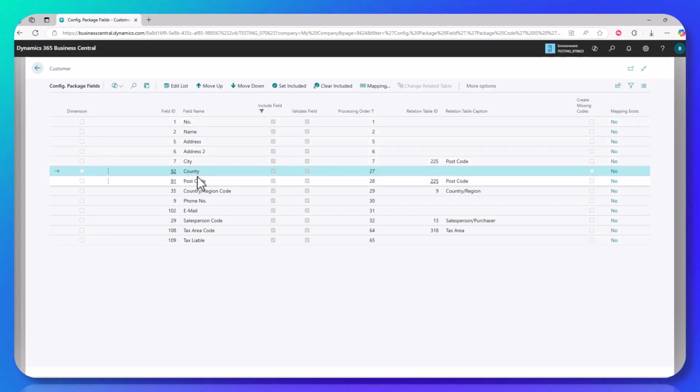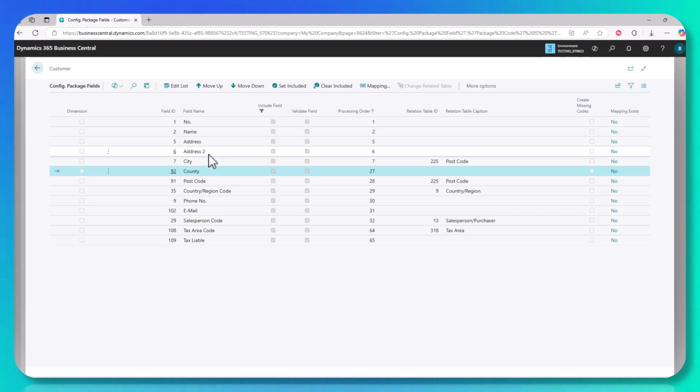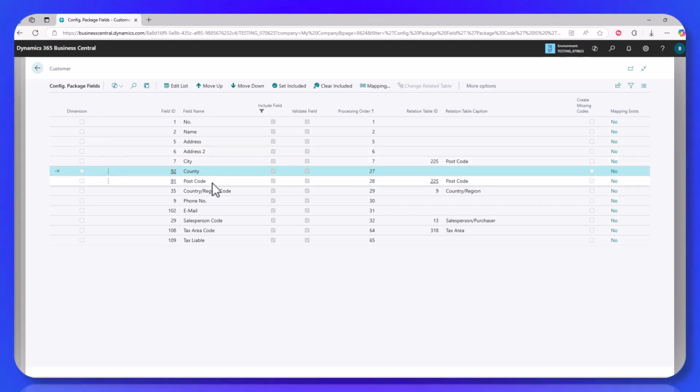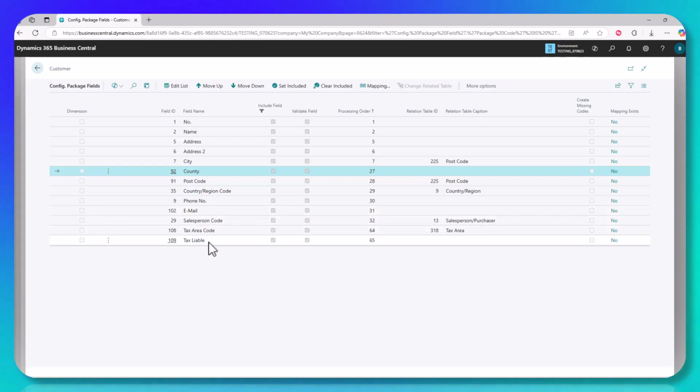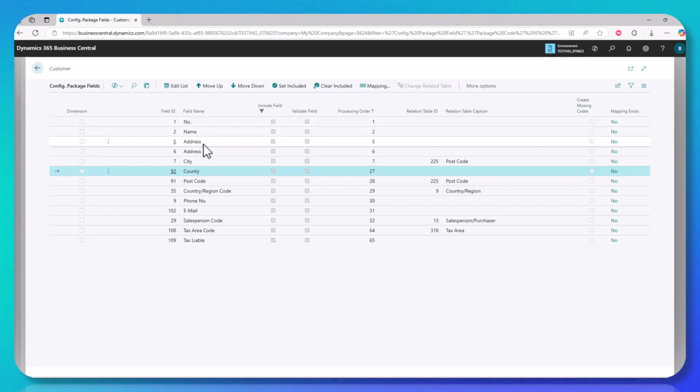The columns are in the order I want, left to right. Starting from the top, it'll be the customer number, their name, address, suite number, city, state, zip, country, phone number, email, salesperson, and then tax information. Try to make it readable left to right, so top to bottom, and that makes it easy to